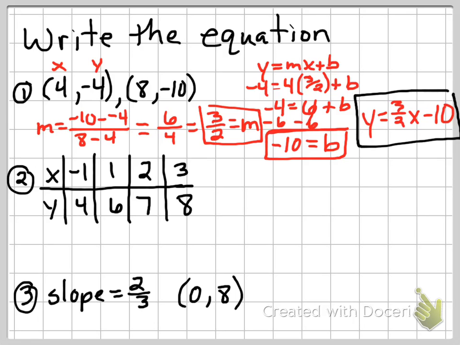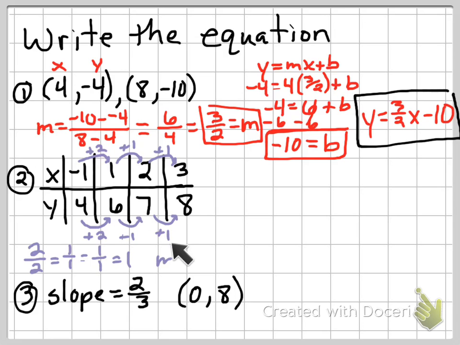Okay, for the second one. Again, you still have to find m. Okay, this time you use rate of change. Okay, you just see how it changes each time. You have to write that as a fraction, change in y over change in x. So 2 over 2 for the first one. We got 2 over 2, then 1 over 1, and 1 over 1, and all of those equal 1, so